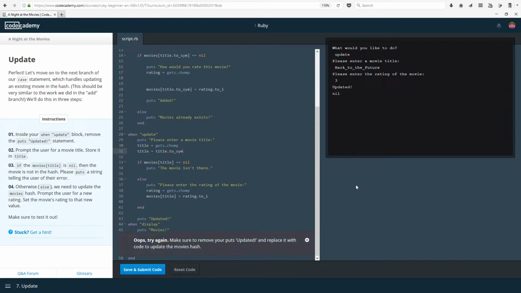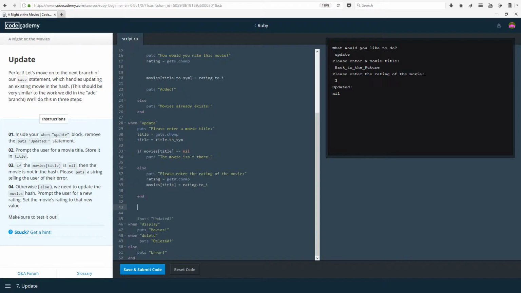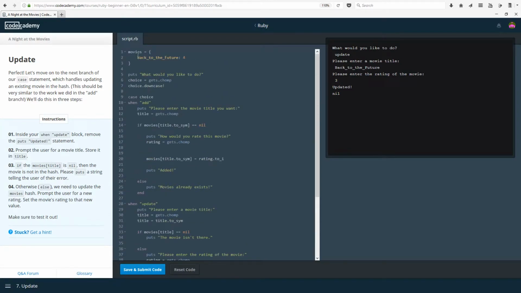Updated. Make sure you put updated and replace it with code to update the movies hash. Wow, are they really gonna do that on me? Let's also print out the whole hash just to make sure that it is doing what we want it to be doing